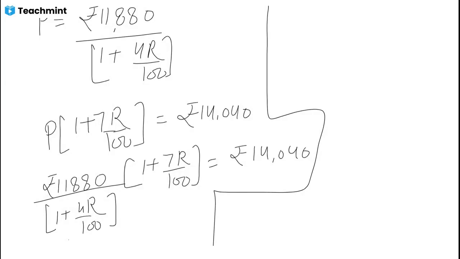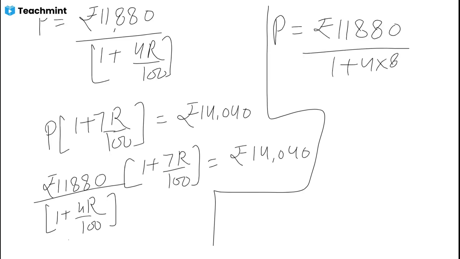I can try it, but we can do it now as well. It will hardly take any time. I'm just telling how you can simplify. Just use the calculator. I'm just putting the value of r here. Just 1 plus 4 into 8 over 100. And that is equal to, then P is equal to